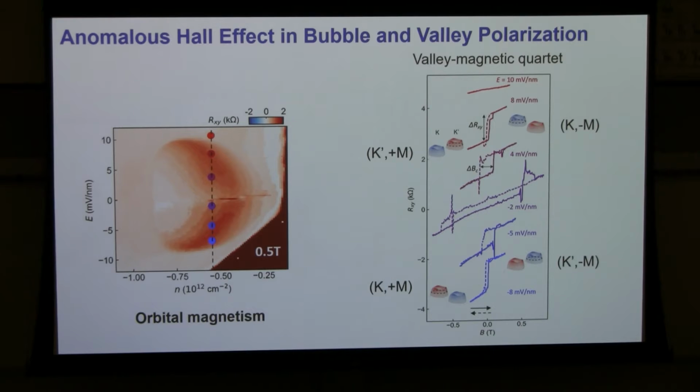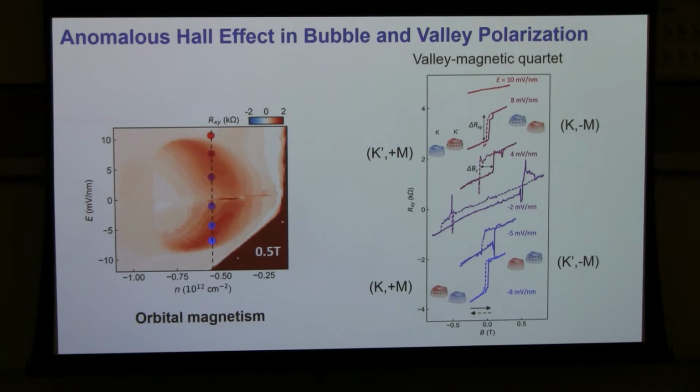Okay, thanks. So, clearly time reversal symmetry is already broken, right? You have anomalous Hall, you have magnetic hysteresis, and there are 4 states. As I mentioned, you can polarize in the K valley or the K prime valley, and in each valley, the magnetization could be pointing upward or downward, positive or negative. So a total of 4 states that you can manipulate with magnetic field and the gate electric field.